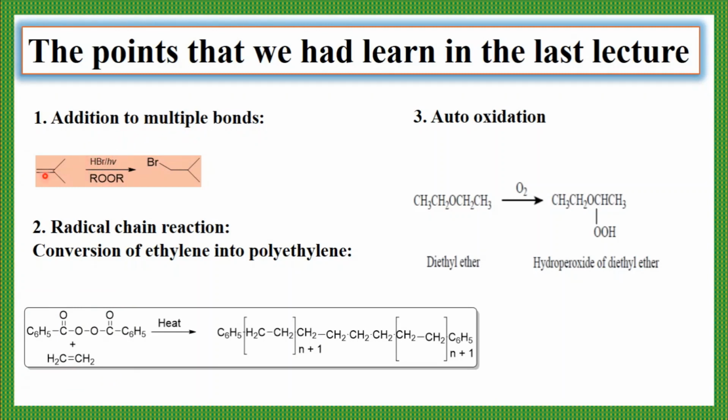So in the last lecture we had taken this example, that is isobutene undergoes addition reaction by a radical mechanism, in the reagent is HBr, hydrobromic acid, in presence of this dialkyl peroxide, and you will get this addition product, and the addition reaction takes place on the basis of anti-Markovnikov's rule. And here you can see that the bromine adds to the carbon that having more number of hydrogen. It means that the addition reaction takes place on the basis of anti-Markovnikov's rule.